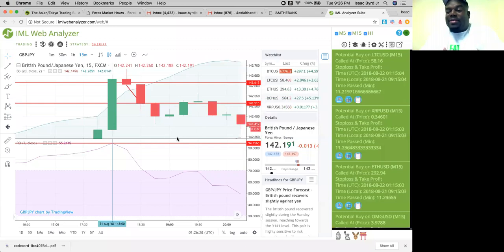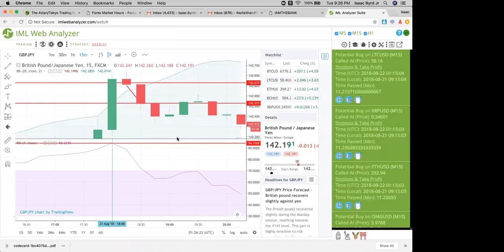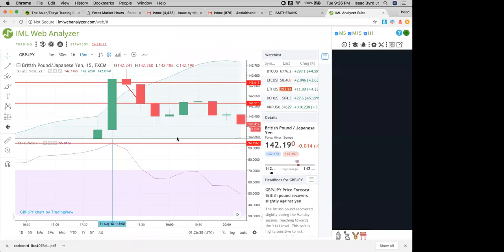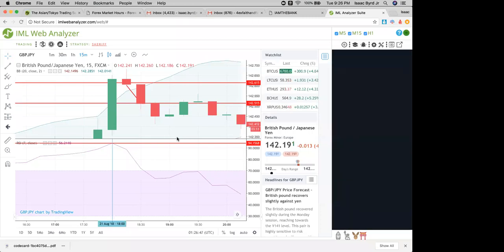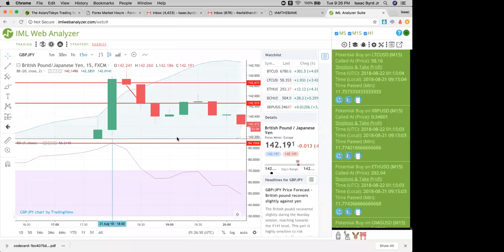Gerald, you were adding something, sir. Yeah, I wanted to also add to understanding the take profit and the stop loss. In this particular strategy, the Cherie strategy, the first thing we all want to wrap our minds around is that the RSI gives us the indicator of whether we're going into that currency pair as a sell or a buy. And always remember, when it's a sell, the stop loss is always going to be above the entry point, and if it's a buy, it's going to be below.